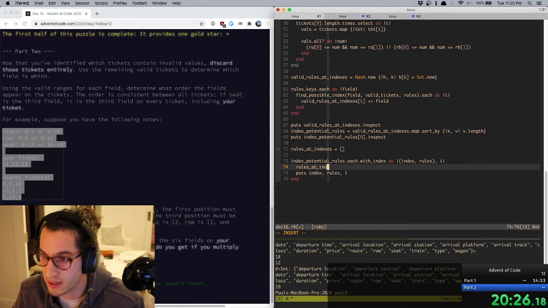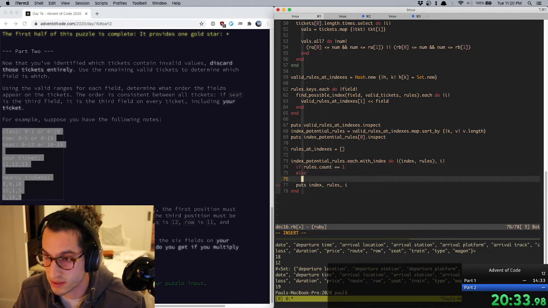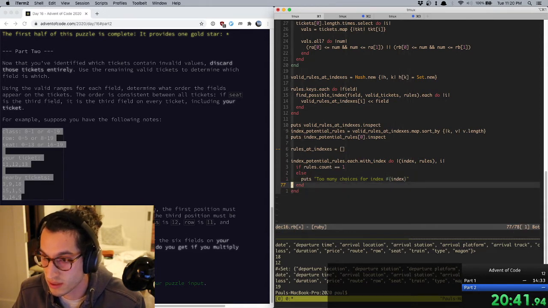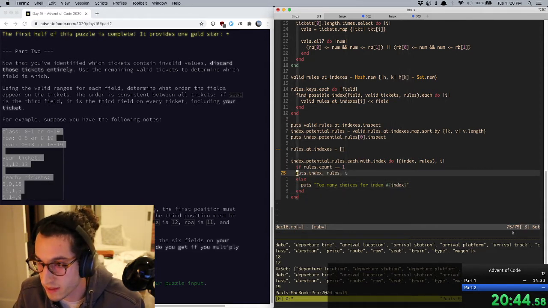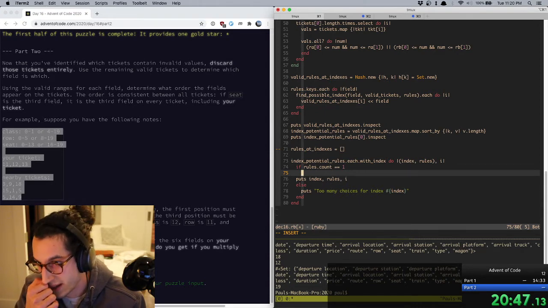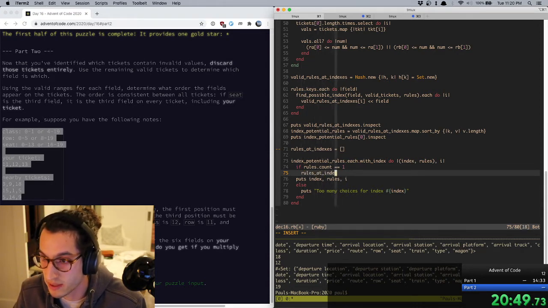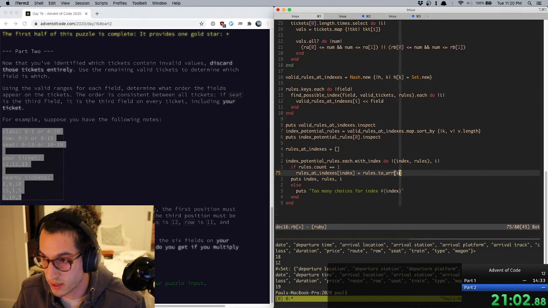Rules at indexes if rules dot count equals 1, else put too many choices for index. Then rules at indexes equal index rules to array 0,